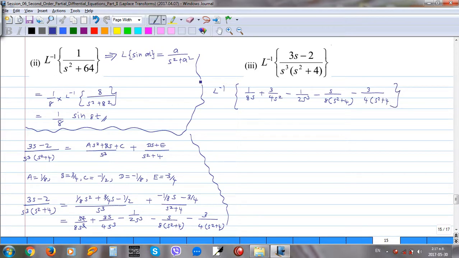Now you can write separately: 1 over 8 times L inverse of 1 over s, plus 3 over 4 times L inverse of 1 over s square, minus half times L inverse of 1 over s cube,